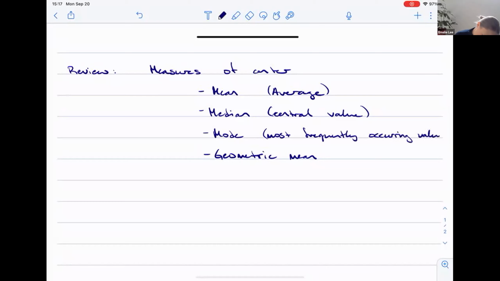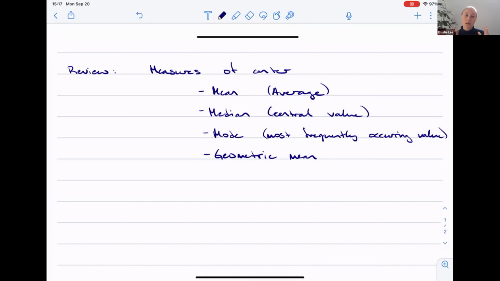Occurring value. And then the geometric mean is kind of this fancy mean, and we use it when we have dependent observations, right? So things like stock prices by day, right? They kind of depend on the previous day. And same thing with weather, so temperatures, that kind of thing. So as soon as we have some sort of dependence, then we should be using the geometric mean, which is